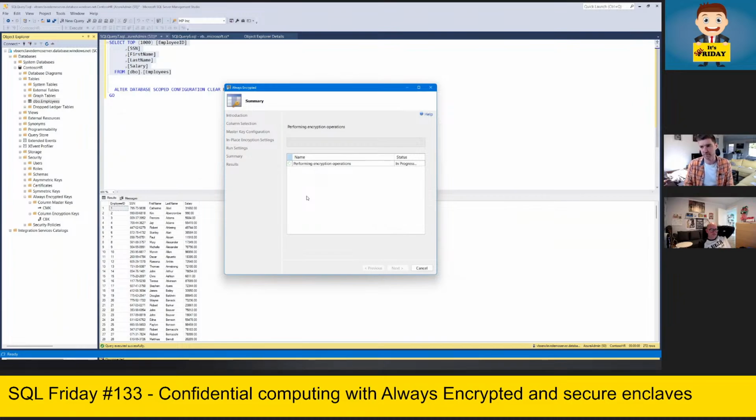That just takes a couple of seconds. Perhaps in the meantime, Magnus, if there are questions, let me know. Yes, there are. Right. How does the client and server exchange the encryption key? And if I can add on, do you create the keys in SQL Server or do you create them outside of SQL Server?